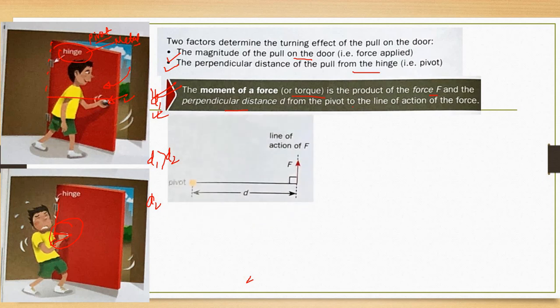Let's start with a simple diagram. This is the pivot point by which the door is opening, and this is the force, where you are applying the force. This is the line of action of the force. Suppose you can apply the force anywhere. If you draw a line, this is the only perpendicular distance you will have, isn't it? So basically you should write this formula: moment of force is equal to force multiplied by d. What is d here? Very important, write it down. It is the perpendicular